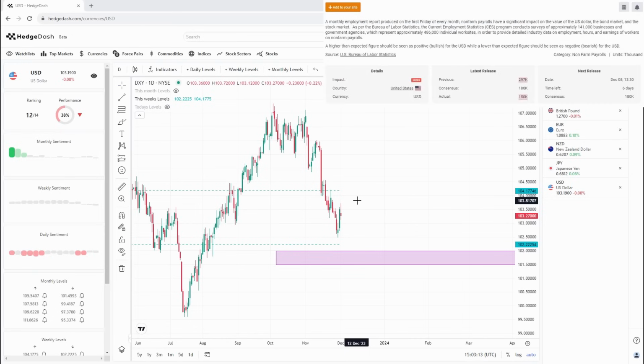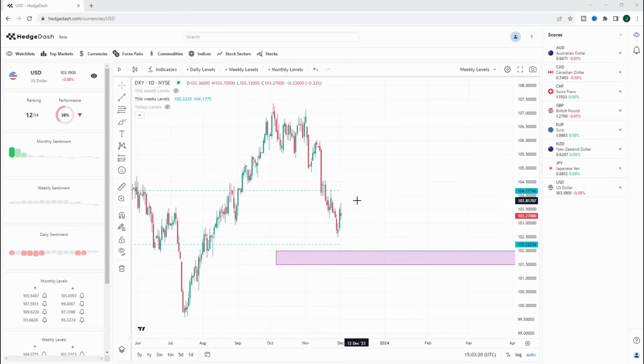Because we've got non-farm payrolls on Friday. And when you have non-farm payrolls week, the Forex markets can be kind of choppy and range bound. So it makes intra-week trading a bit more difficult, but range trading from the upper and lower bounds can actually